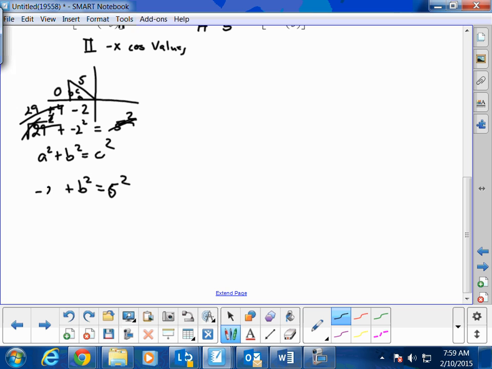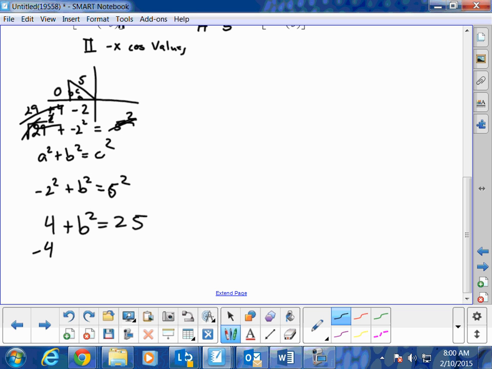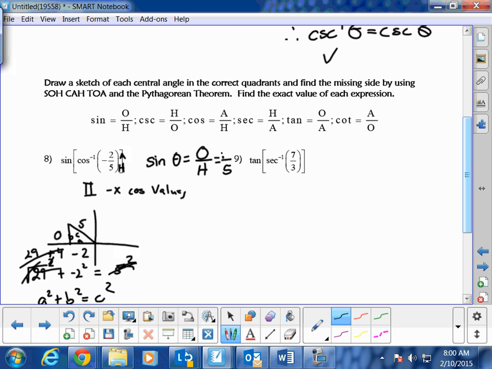This was negative 2 squared. The first thing you got to do is square that, and you'll get 4 plus b squared is equal to 25. And then from here you subtract 4, you'll get b squared is equal to 21, and then you take the square root of this, and you find out that this really should be the answer. Your answer really should be the square root of 21,